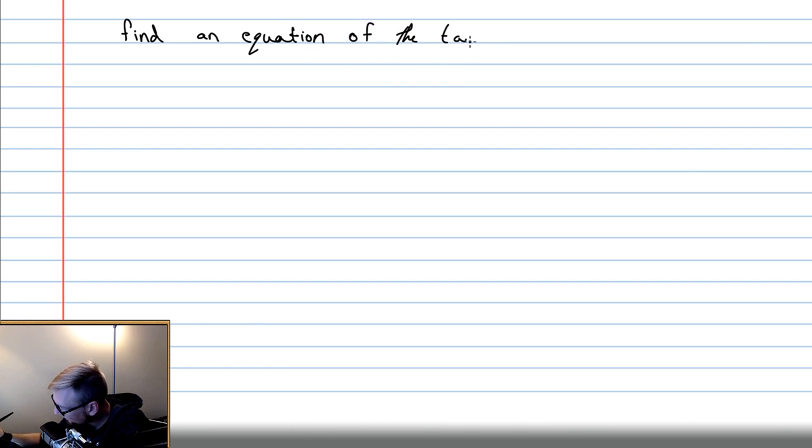Find an equation of the tangent line to the curve